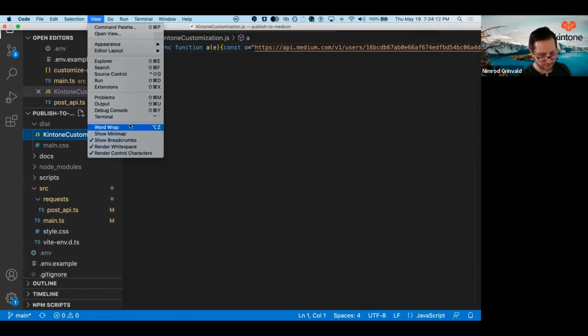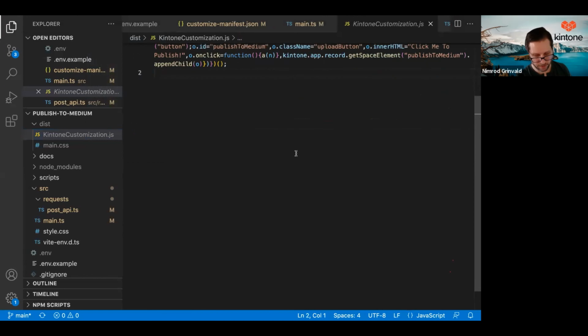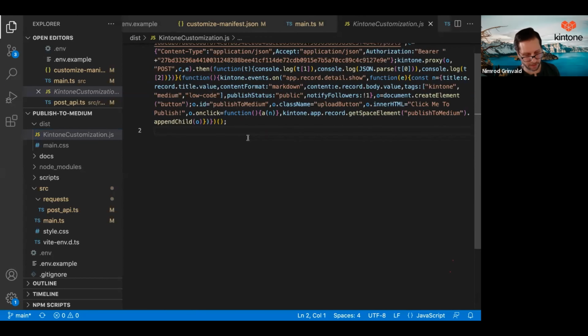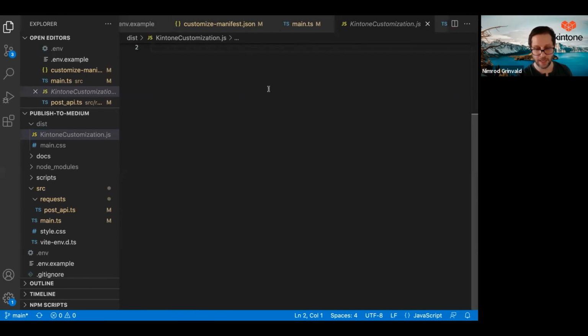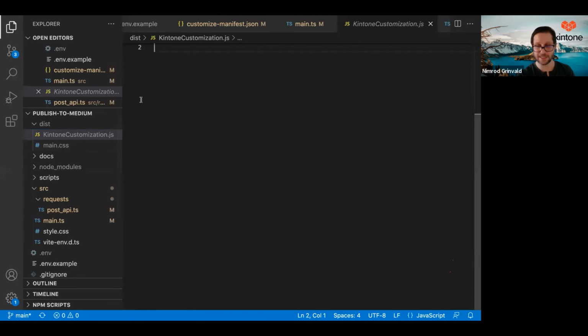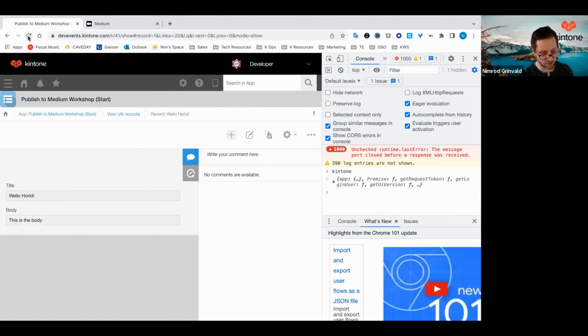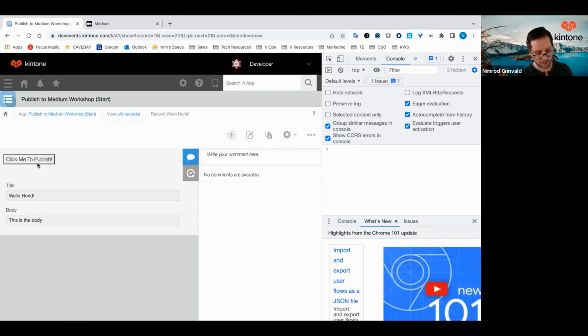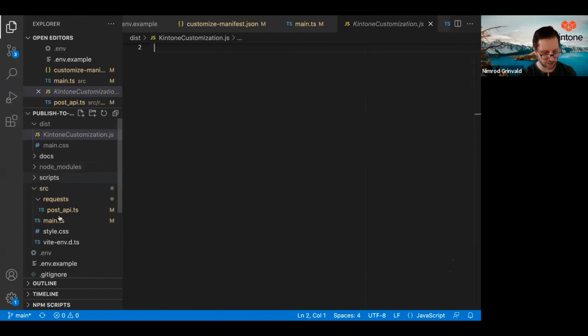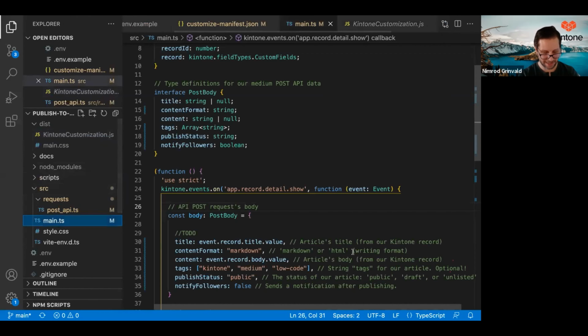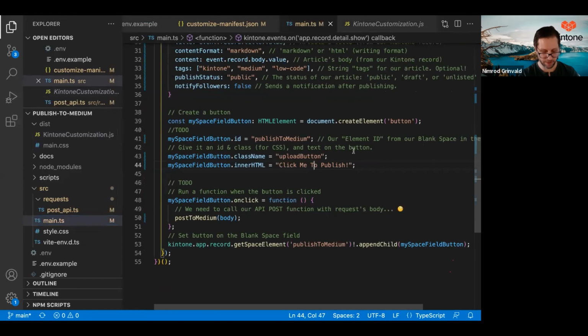Do a word wrap so you can see there's a bunch of stuff over here. Okay, and that got sent up to Kintone. In fact, I know this is true because if I refresh the page, click me to publish. This is exactly what we were expecting, right? If I change main.ts, if I change click me to publish and I say publish to medium, and I save,